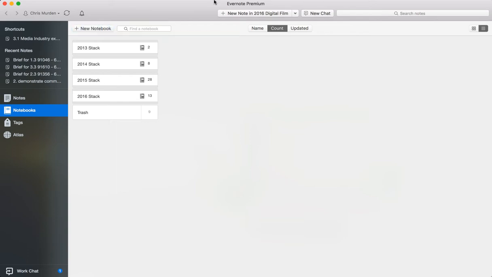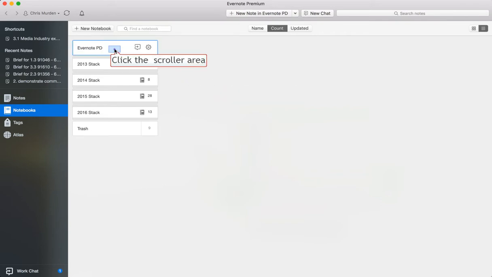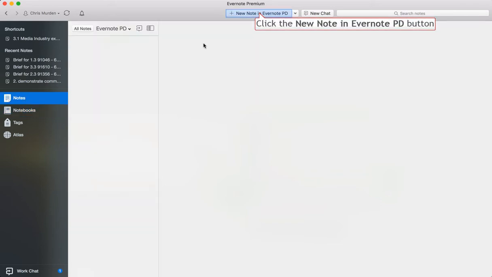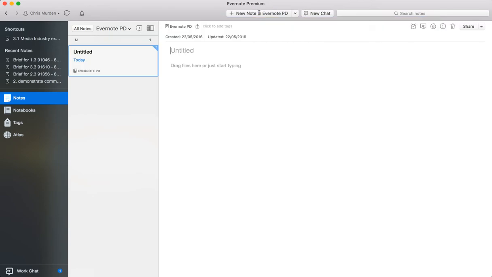So you've got your notebooks on the left here and individual notes. So I'm going to start on notebooks. So we want to create a new notebook and I'm just going to call this Evernote PD. Okay, so within that notebook, if I open that, I can create a new note. So in this note, I'm also going to give it a name. So Evernote PD. Of course, this will perhaps be a link that you'll use to an individual class. So let's say it might be a 101